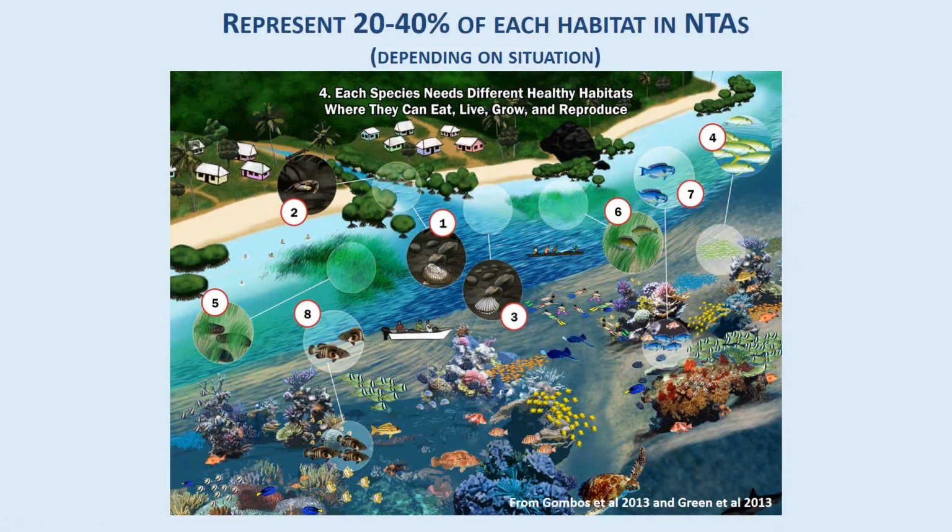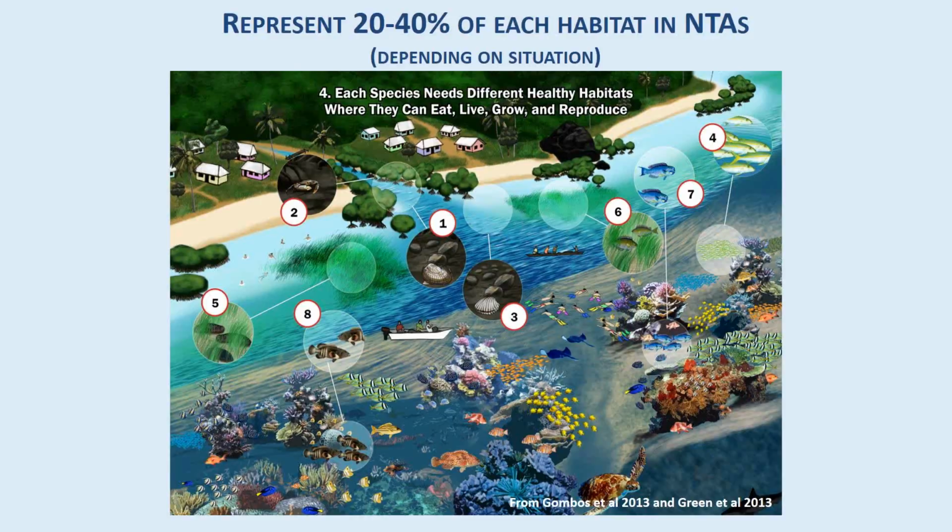One of the most hotly contested decisions in any no-take area design process is how much of each you need. The way we decide that is we use the science from fisheries biologists, who tell us that to have healthy, sustainable populations of key fishery species, you need to protect about 30% of the spawning adults. And you can use how much of an area you protect as a proxy for how many spawning adults you're protecting. For example, if you protect 20% of an area, you can assume you're protecting 20% of the spawning adults.